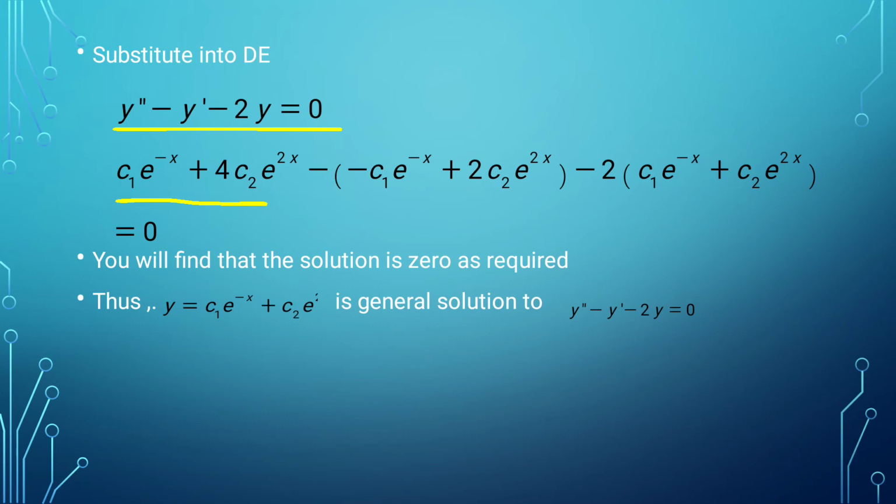The first derivative of y is actually this, and 2y, this is our y from our general equation. So when you solve this one, you are again going to get 0, which is this one here,